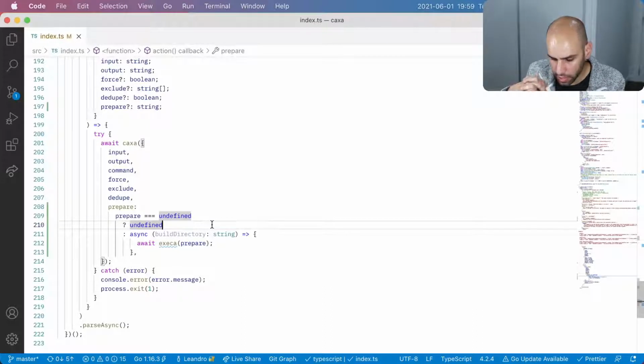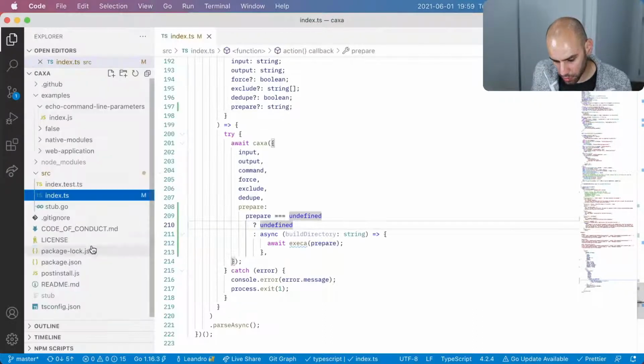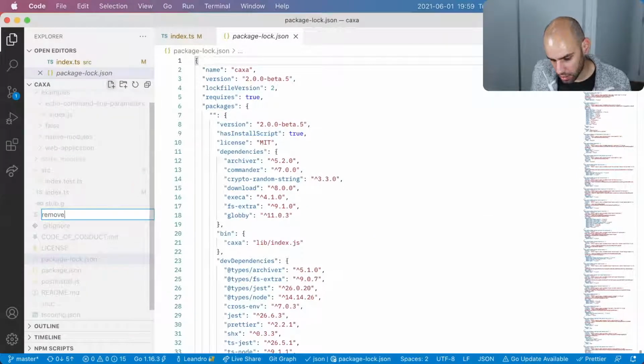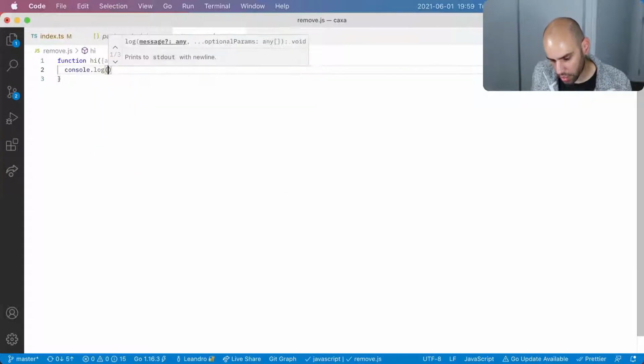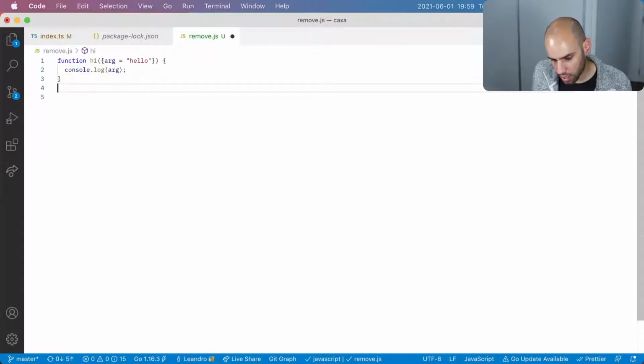I wonder what that will do. I can write a remove file real quick and test this. So if I have a function that is called hi and expects an argument arg, except that it's optional and it is hello, and it console logs arg, and then I call hi